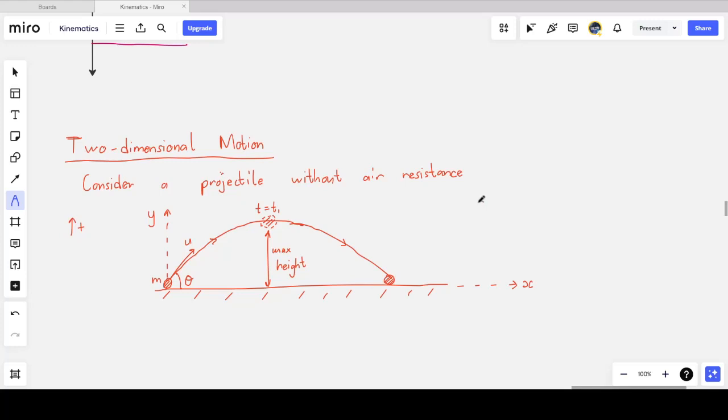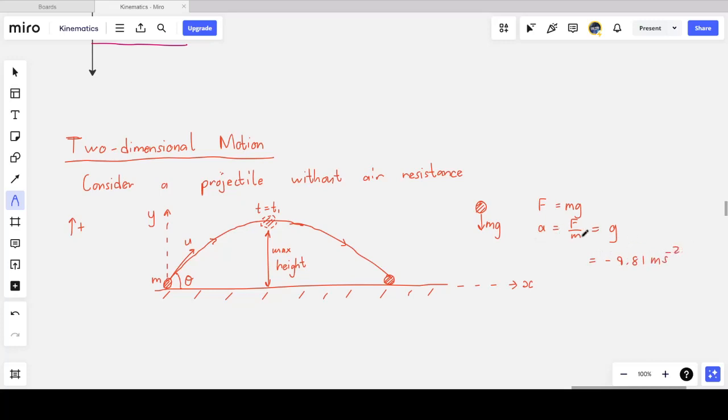Now, whenever the ball is in the air, there's only one force acting on it, since we ignored air resistance. That's its weight, mg, the force due to gravity. And if this force is equal to mg, the ball's acceleration, F over m, is g from Newton's second law. So the acceleration is only that due to free fall. It's a free fall acceleration. It's a constant